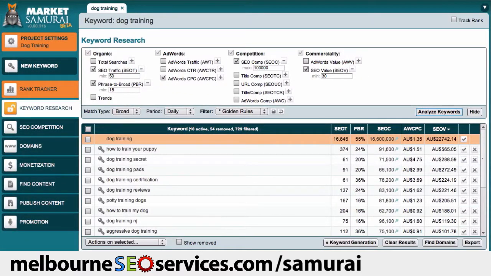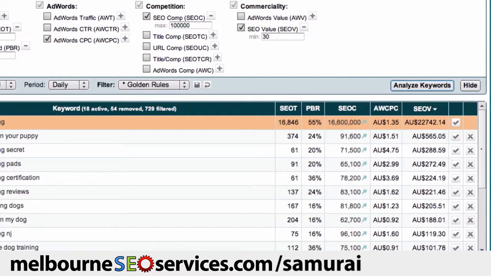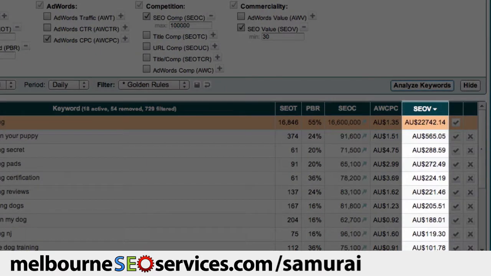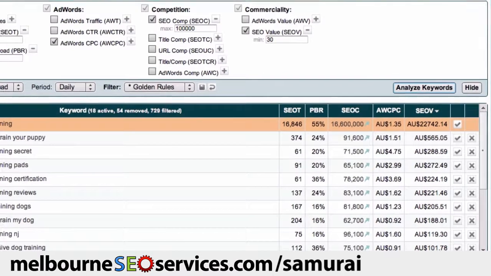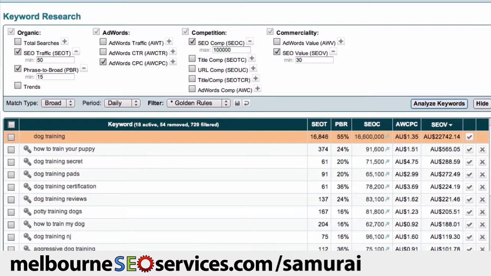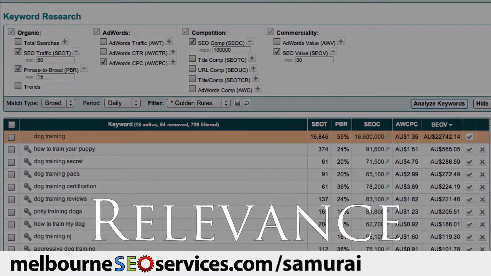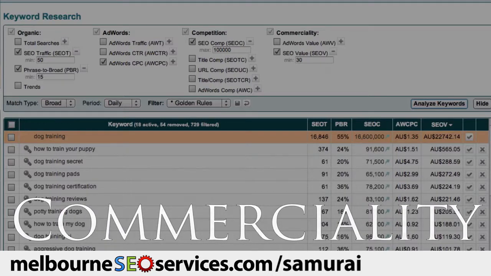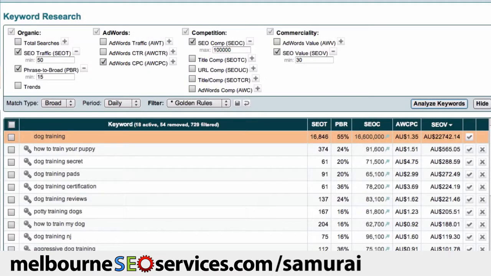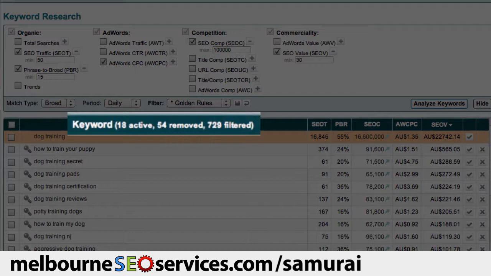Finally, as you can see here, the Golden Rules filter has set the results to be sorted by values in the SEOV column, as indicated by this triangle. So after generating my initial list of keywords, I've now filtered my results by relevance, traffic, competition, and commerciality. As you can see in this example, I'm now left with a small list of only the most promising keyword